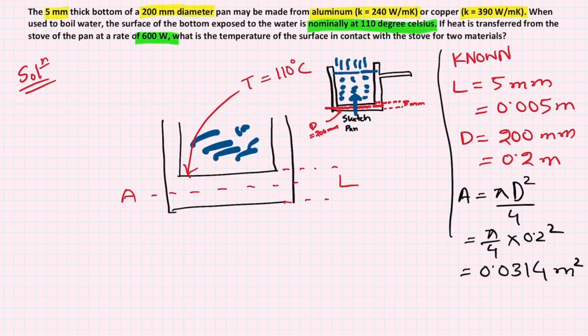So this means the stove is actually here. This is the stove, and the surface I am marking with a blue line is the surface in contact with the stove. The question asks what the temperature of this surface is if you make the pan with either aluminum or copper. So now we know there will actually be two different answers because we are using